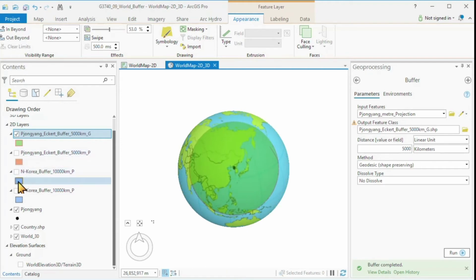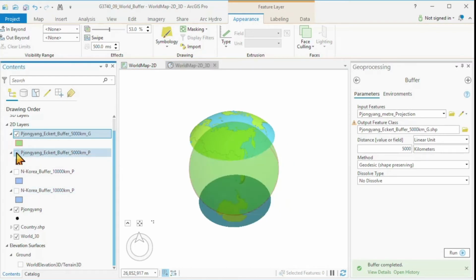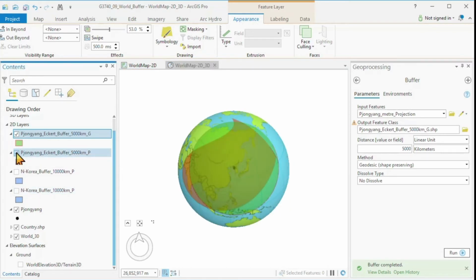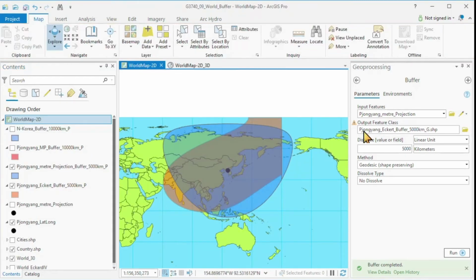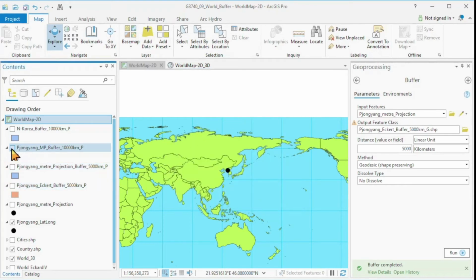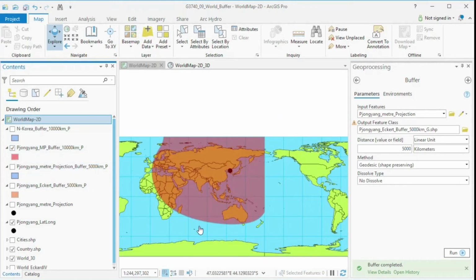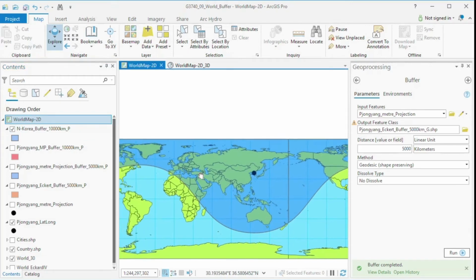And now if I add my 5,000 kilometer planar buffer area, we just see again that this is a shape that is obviously very wrong. Now let's apply our 10,000 kilometer buffers, and I've done this already. Here is our buffer based on the planar system, obviously very wrong, and here is the correct buffer,